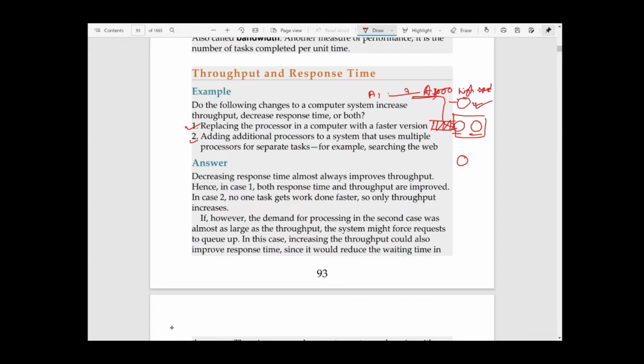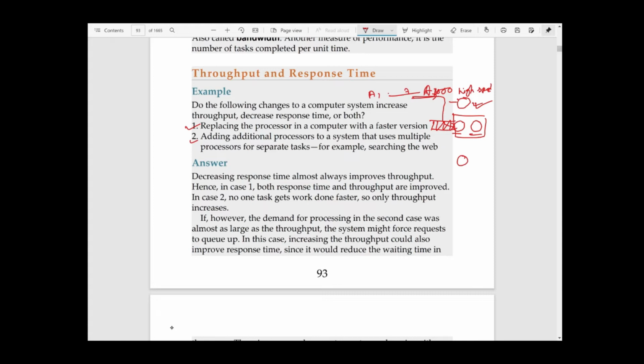So in that case, if you have more number of cores, then you can reduce the queuing time, right? And if you reduce the queuing time, then obviously it is increasing the execution time also, because queuing time is also a part of execution time. The application reached the processor but it cannot process, it is queuing. So that queuing time will also be included in your execution time. So if you have more cores, then the queuing time will reduce, and in that sense it may also increase the execution time.